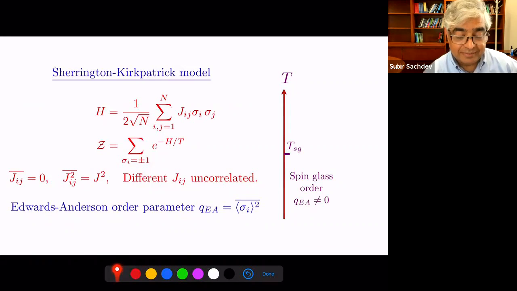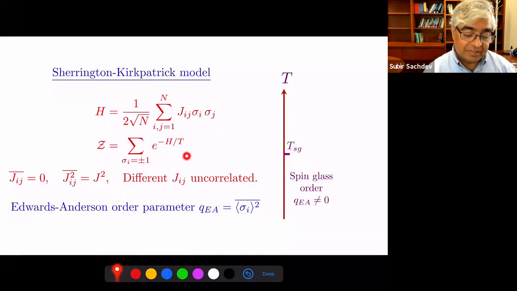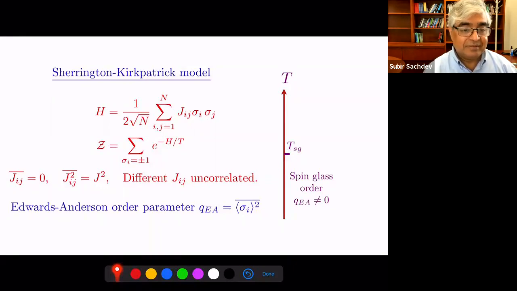Let me begin, however, since perhaps many of you are not familiar with spin glasses, with the basic spin glass model. The simplest version of it is the Sherrington-Kirkpatrick model, where you just have N sites and binary variables, sigma_i, on each site, a classical bit, and there's some energy function of these classical bits with random couplings J_ij. We'd like to evaluate the partition function with different random J_ij. Every spin is coupled to every other spin.